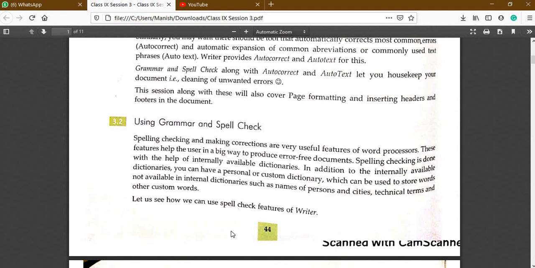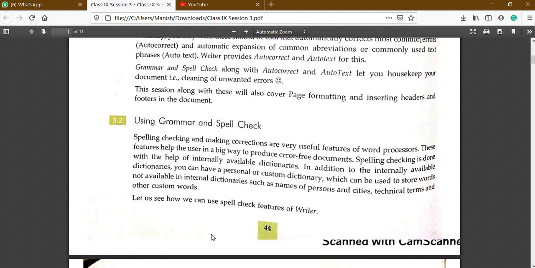What is spelling and grammar check? When we type words or text in our Word document, sometimes we type it with the wrong spelling. In that case, word processors automatically check the spelling as well as the grammar of the sentence and give us a hint to correct it.